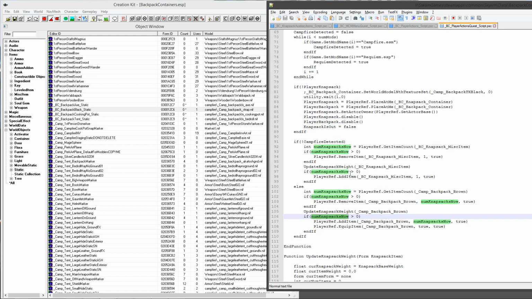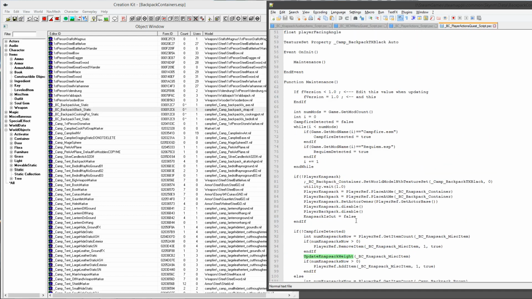So what you do is you just take it off. The objects in the container do stay. The reference or the references to those objects stay in the container. So then you go, oh, update that weight. Tell me what the weight is, and then I'll put that back on. And then